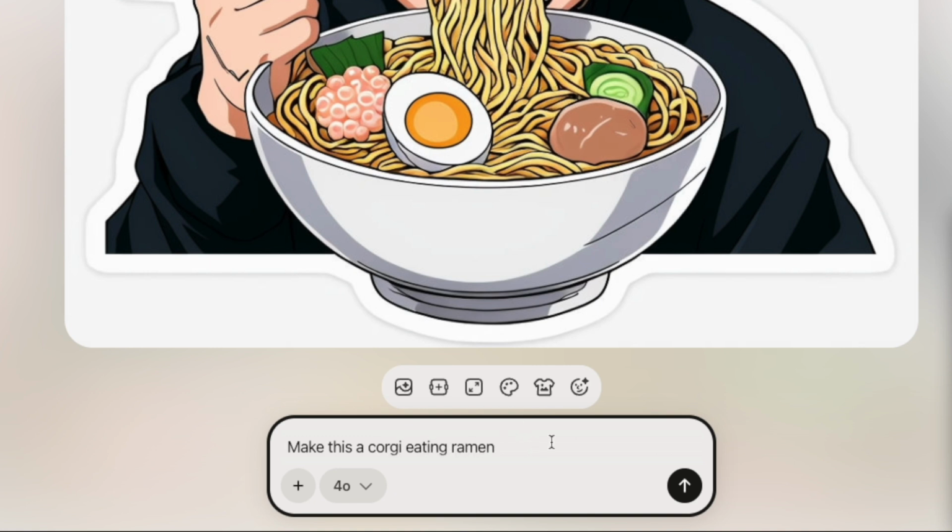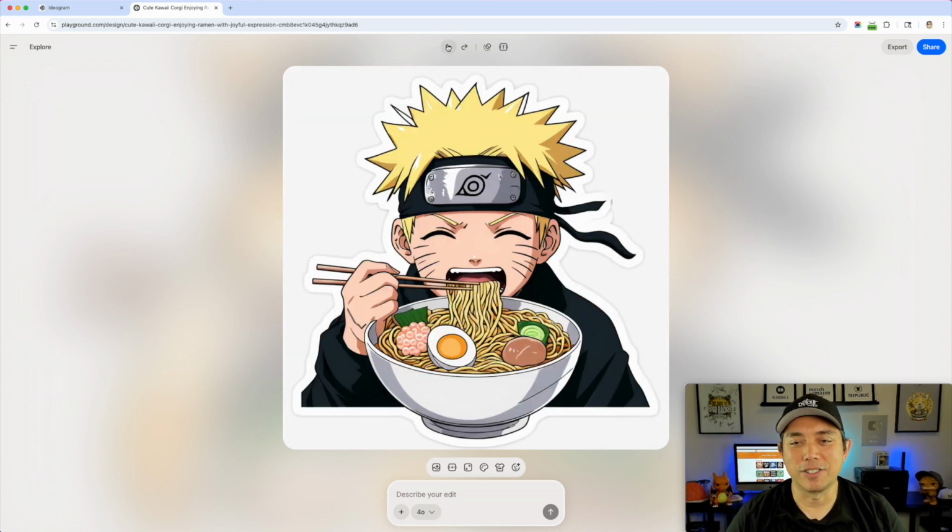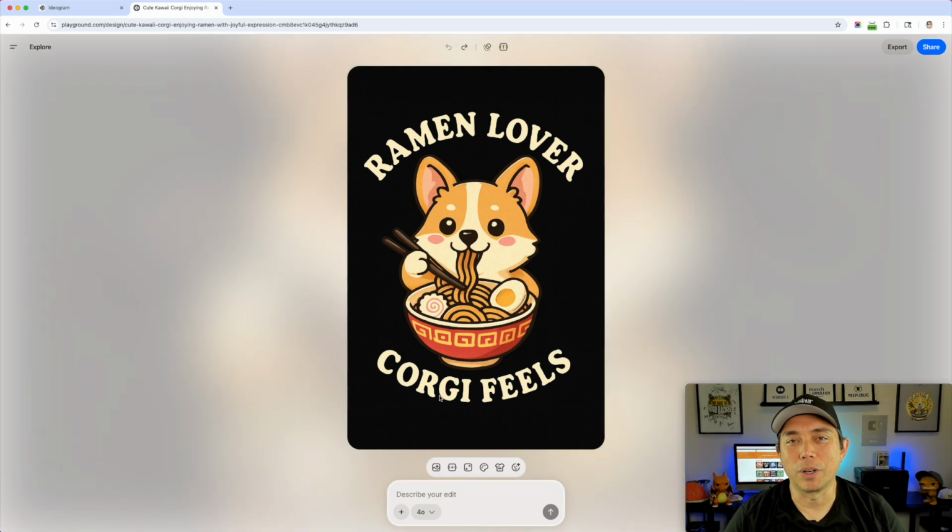So not exactly testing the prompt, but I'm just curious to see how this comes up. So there it goes. It kind of mixed Naruto with a corgi, which you probably can't use that banner, so I would have to do it again. But it just shows you kind of what you can do with it.